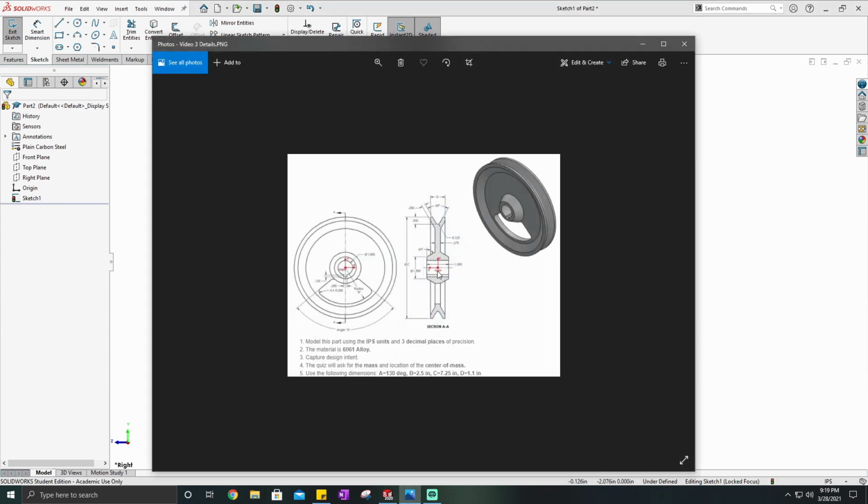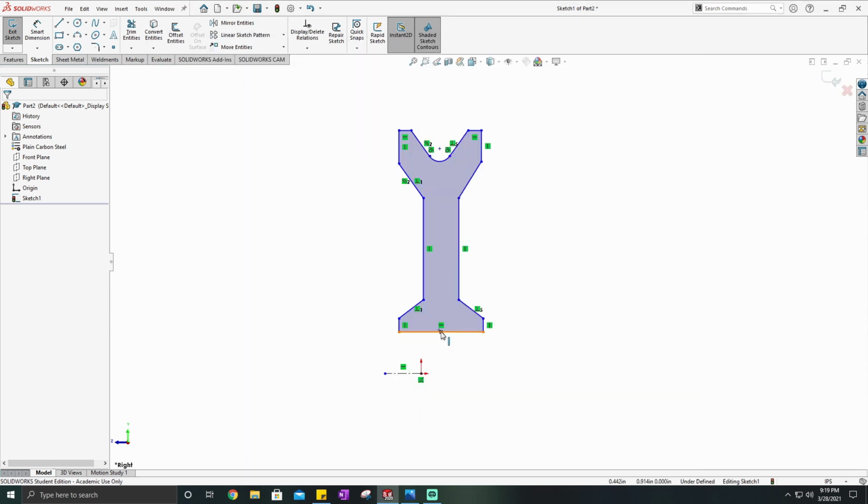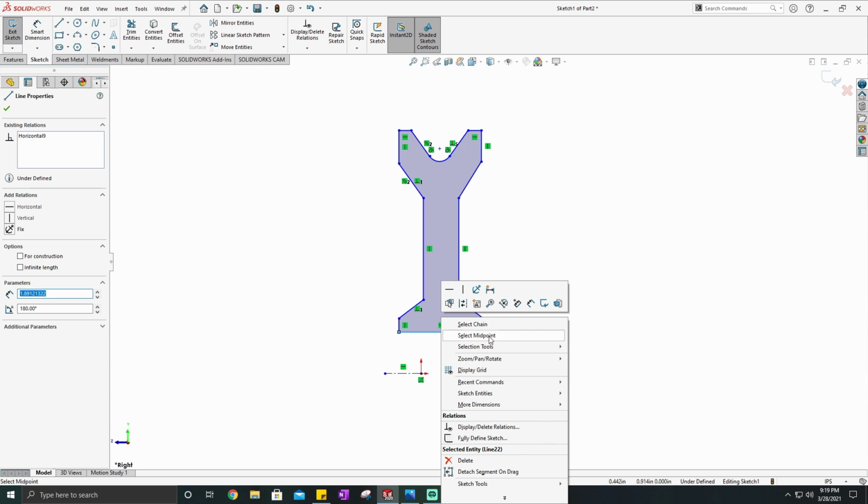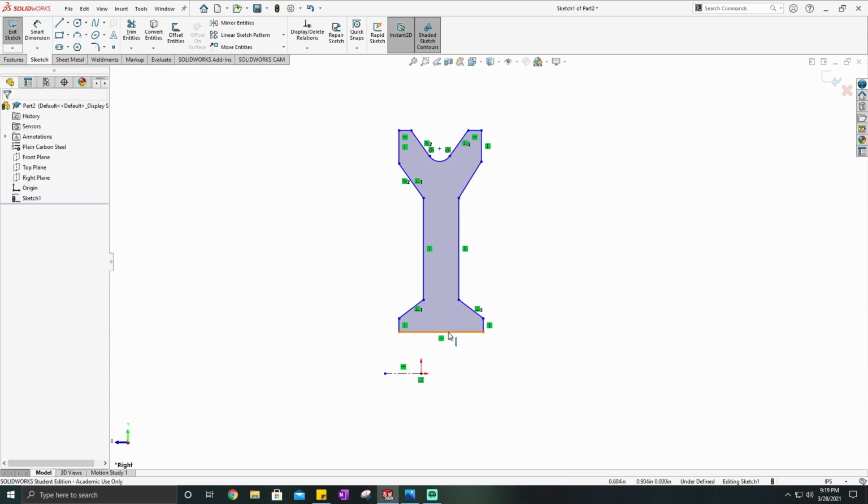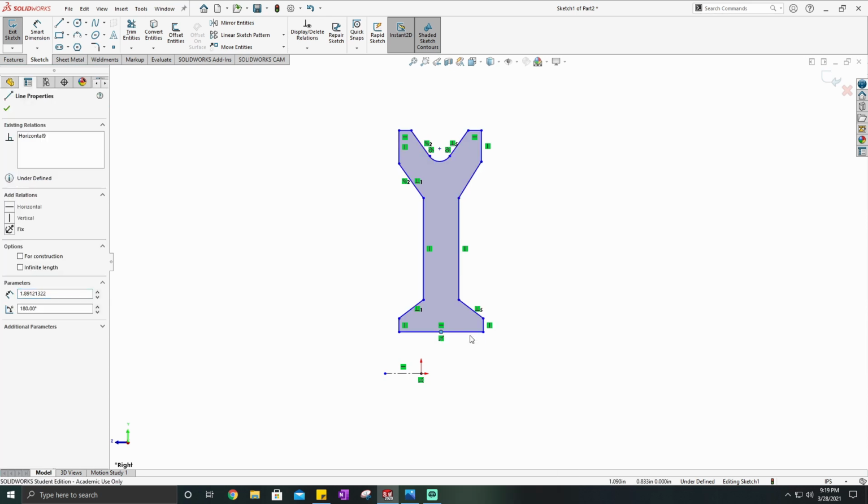They tell us that in the drawing, but this is up to our discretion. We don't necessarily have to. It just might make it easier for things later. But in order to do that, I'm going to go ahead and right click on this line and select midpoint. Another way you can do that is, most of the time if you just hover over the line, this little spot will pop up and then you can just click on it. But if you can't, even if it doesn't do it, you can just right click on it, select midpoint,